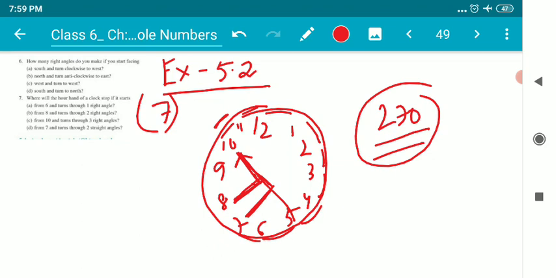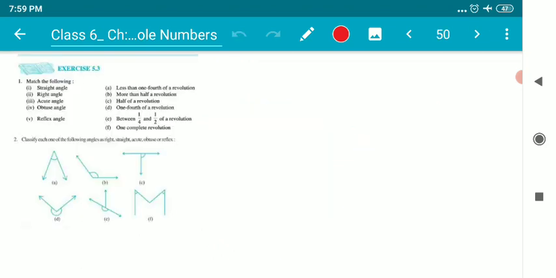So children, this is how we have to deal with this kind of question. I hope it's absolutely clear to everybody. If there are any doubts and confusion, please watch the previous video where I have explained every sum using the concept of fraction as well as the concept of counting.